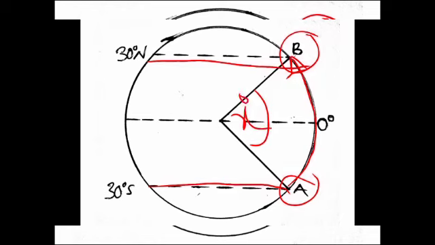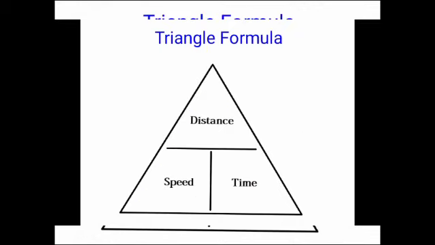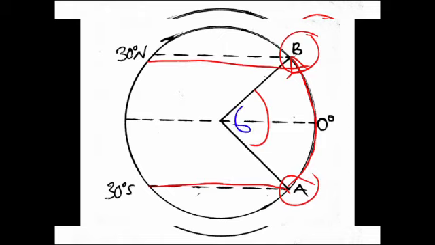How do we calculate the angular difference? Very simple. The angular difference will come from the latitudes, because the 2 points are lying on the same longitude. Okay, so then we are going to simply say 30 degrees north plus 30 degrees south. That will give us 60 degrees, meaning our angle here is 60 degrees. Let me just, sorry about that. Okay, 60 degrees is what we found. So the angular difference here is 60 degrees.